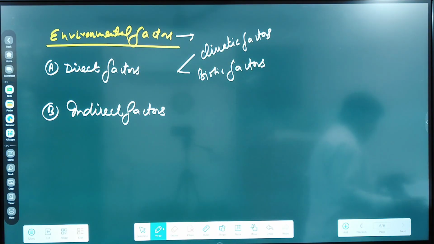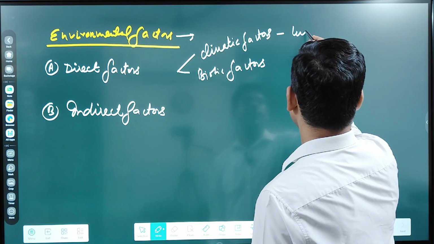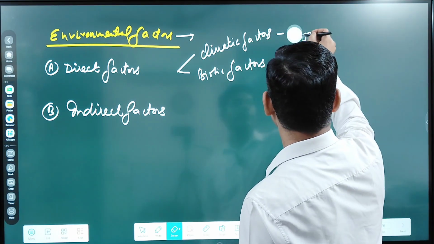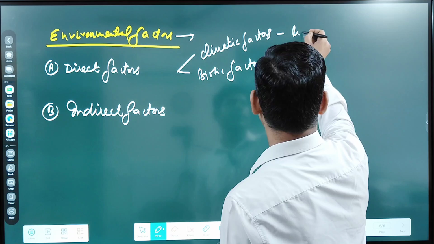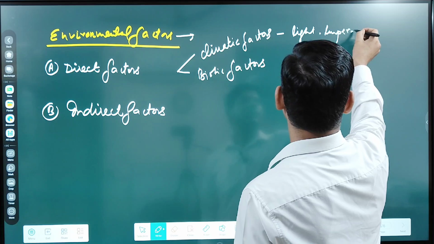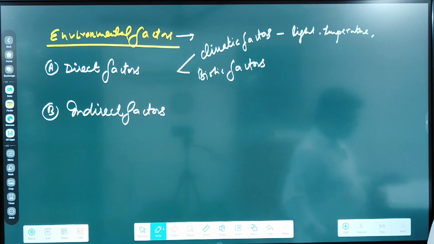Climatic factors means light, temperature,